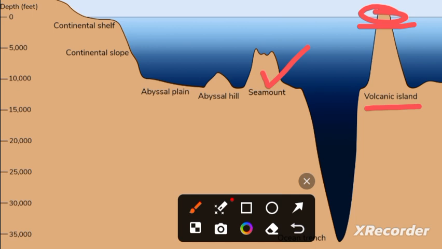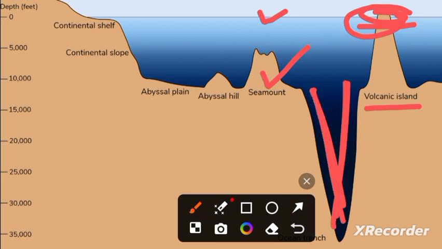But there is a difference between both of them. When you see an area that is raised under the ocean, that means it is not visible on the top, then we call it a seamount. But when we have an area that is visible above the ocean and looks like land, that is an island. And what do we call it? A volcanic island. Okay, a deep feature that you can observe over here, we call a trench. It is also created by tectonic movement, and we are going to explain further, inshallah, how this tectonic movement creates a trench.